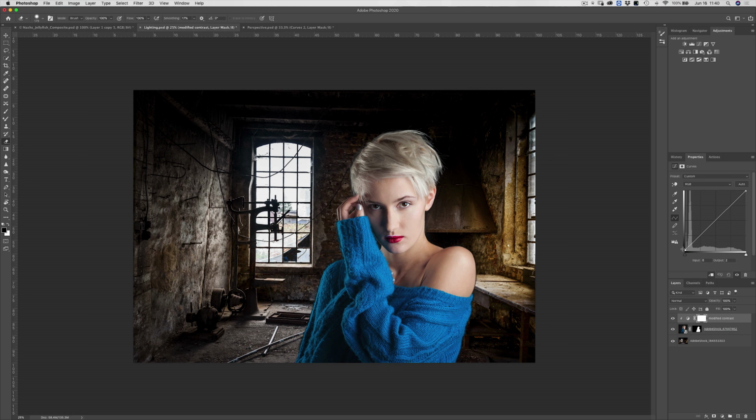And then I'm going to come in here and just tweak the contrast of my model just slightly.